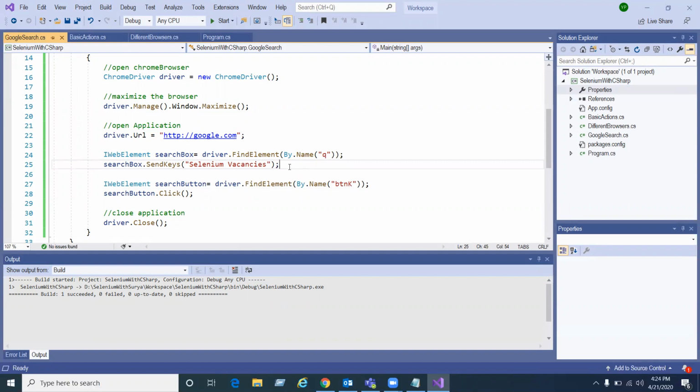From the user's point of view, you just enter Selenium vacancies and it shows a list of options with the search button; nothing special. But the Selenium WebDriver script is executing very, very fast. At that time it is able to find the element, but the element is not able to interact. The script executed so fast that it is unable to click on that button.